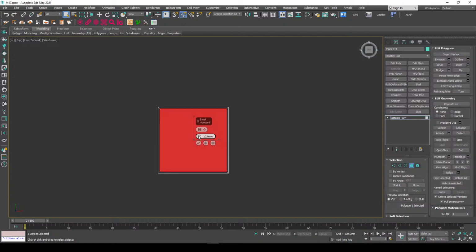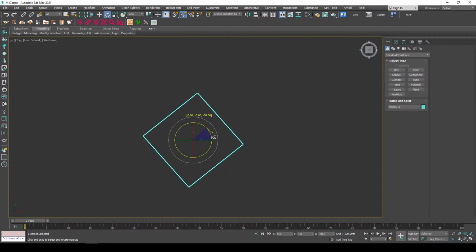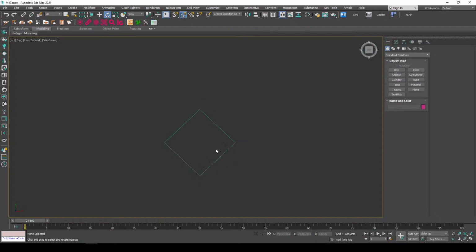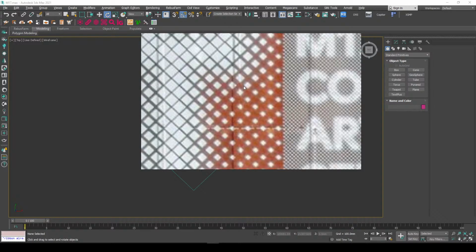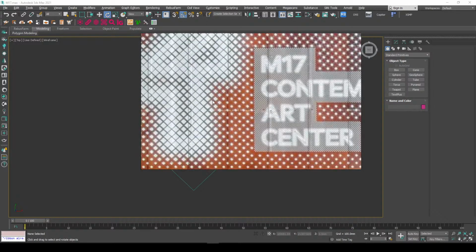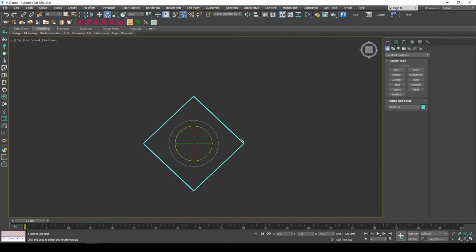So the first thing I'm going to do is, before I do this, let me rotate this guy right here, maybe 45 degrees, like so, because as you can see, the squares right here are not the normal way, they are rotated. So let's just look at that. I'll click this like this